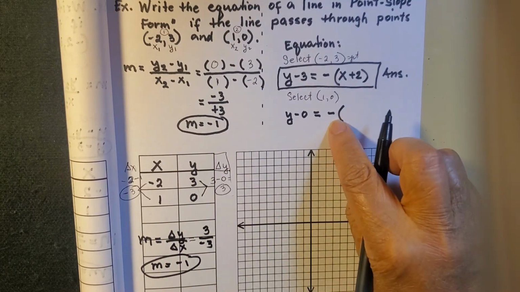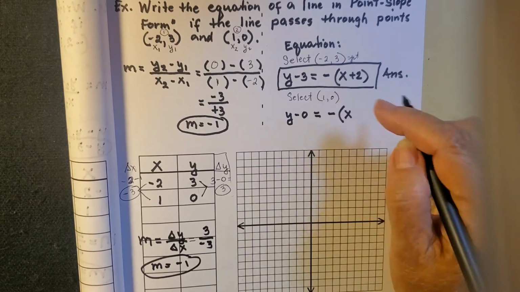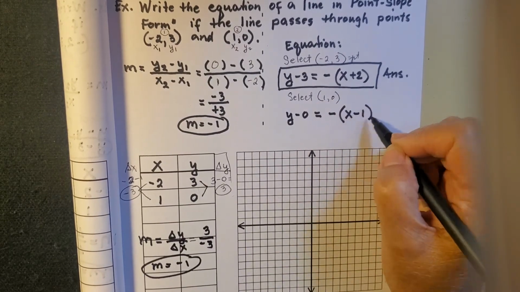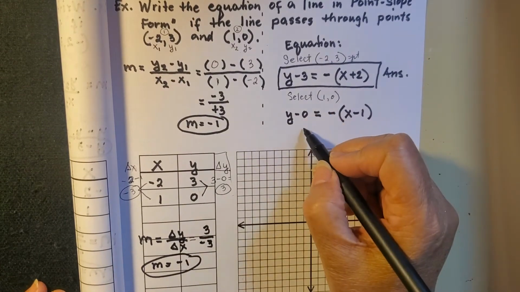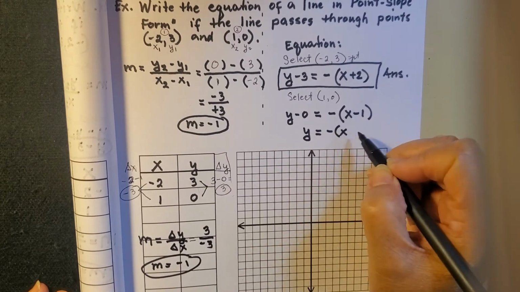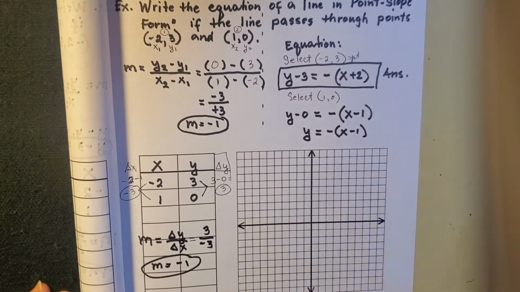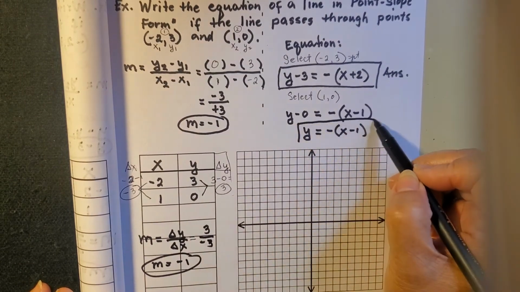You don't have to put the 1, it is an invisible 1, times x minus 1. Oops, y minus 0. You know, 0 is nothing, so I can just simply write y equals negative x minus 1. So this is my other equation